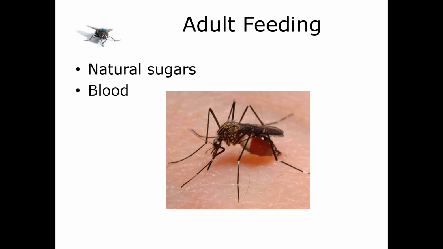Now, in the first 3 to 5 days of life, the adults need to find sugar. They will usually feed on nectar or honeydew, and they will use these carbs to become sexually mature, and then they're going to mate. The sugar feeding is repeated throughout the adult life cycle for both the males and the females. Now, females typically mate only once, but the males can inseminate several females before their supply of mature sperm is depleted. Only the females are going to feed on vertebrate blood, and they need living blood in order to feed.